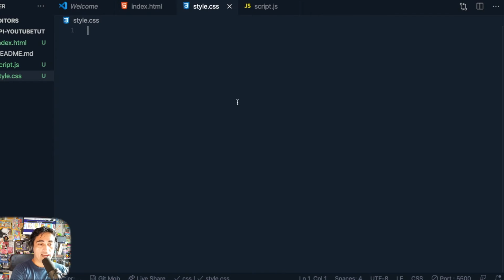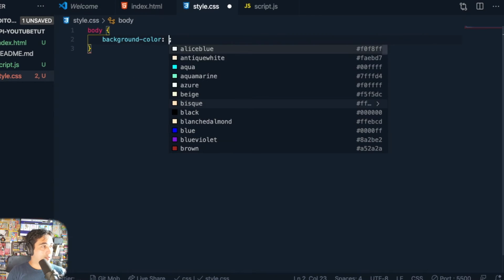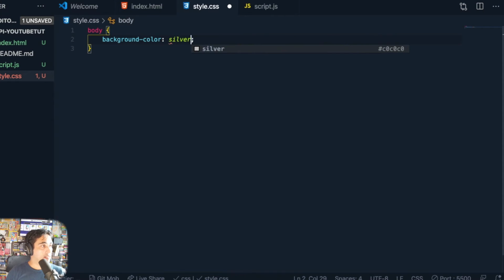So I'm gonna go to your style CSS, and then why not, let's upload it to AWS S3 so you can actually host this on a live website, on a live link that you can share and show to your friends and potential employers. So let's start with the body. I wanna put the background color to silver,